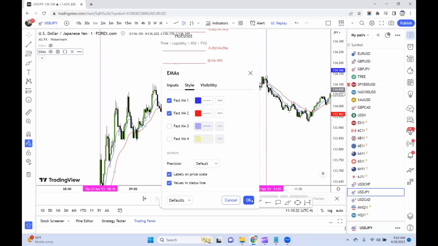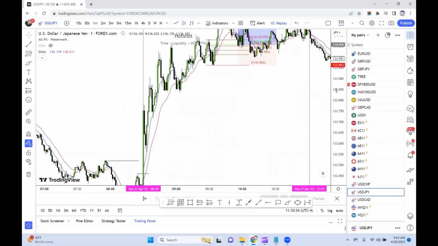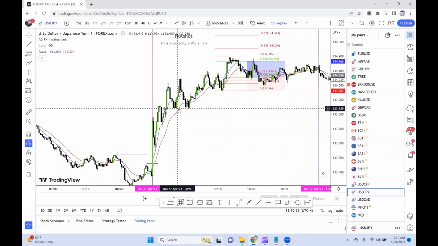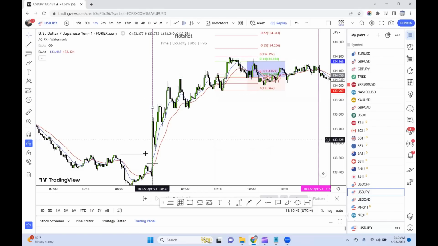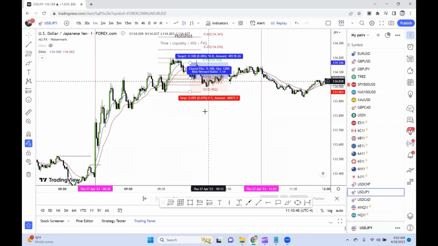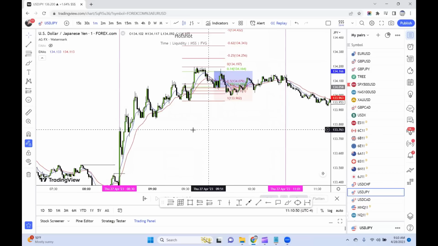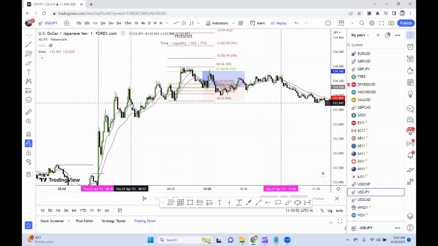Okay. Now, every time price comes back into the 21 EMA and the 9 EMA is holding over, this gives you direction. If the 9 is over the 21, then you're looking for buys. If the 9 is below the 21, then you're looking for sells. But whenever price comes back, now